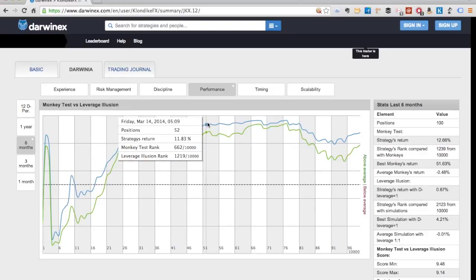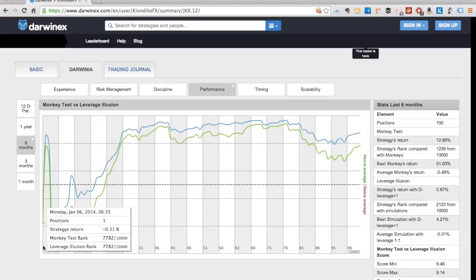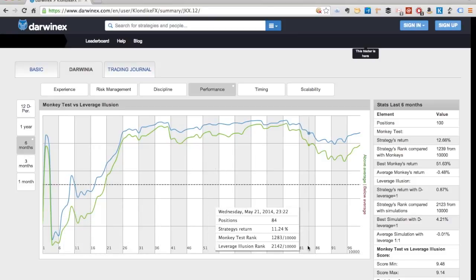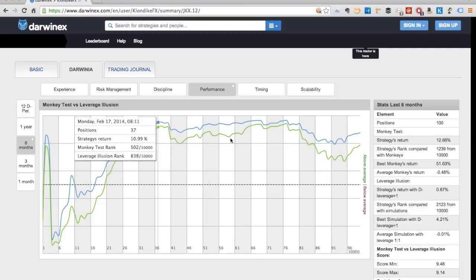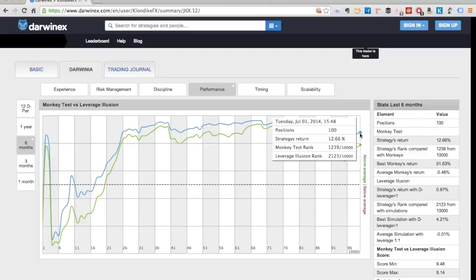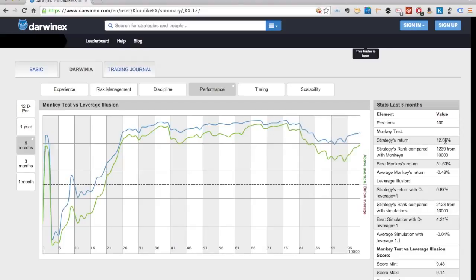And what that curve is doing, it is plotting your performance against the performance of the 10,000 monkeys across the 100 positions that this particular strategy did in the last 6 months, as you can see here, or you can see here also in the visor. So as we said, there were 100 positions, and this strategy obtained in the 6 months with 100 positions a return of 12.66% and ranked therefore better than, well, worse than 1,239 of the monkeys and better than about